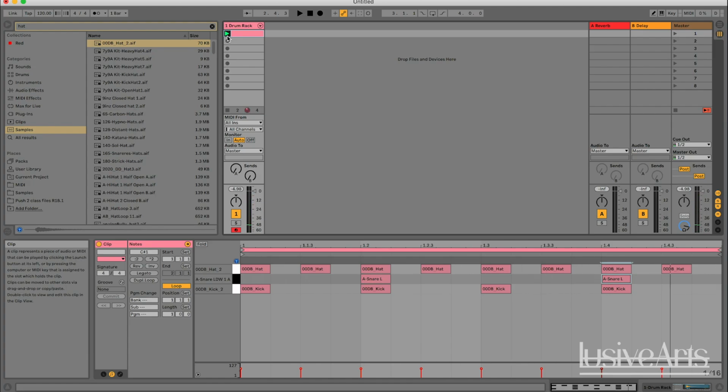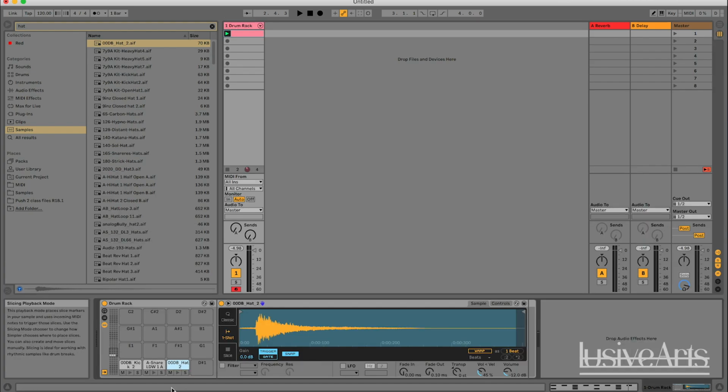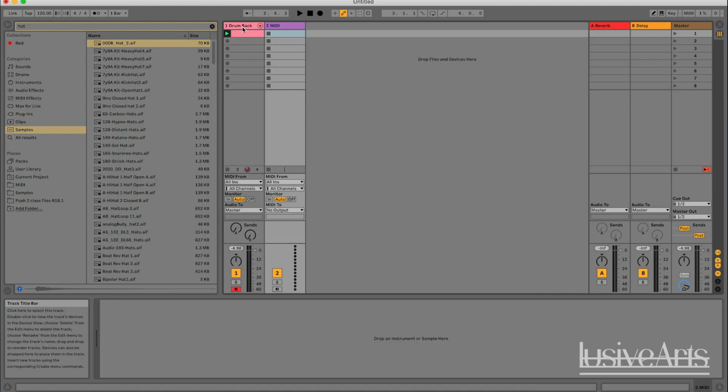So that's a very simple way to do it, is to just use a drum rack. And you can just drag as many samples as you want here. You can see, I think it's up to 128. So you can have up to 128 sounds, which I don't think I've ever come close to. I usually have this first one barely full, so I don't think you're going to run out of space drum rack wise. Now the other way to make a beat is to grab a MIDI track,